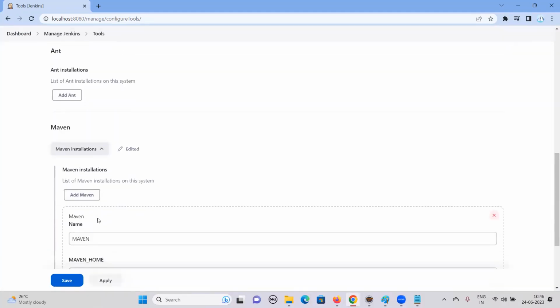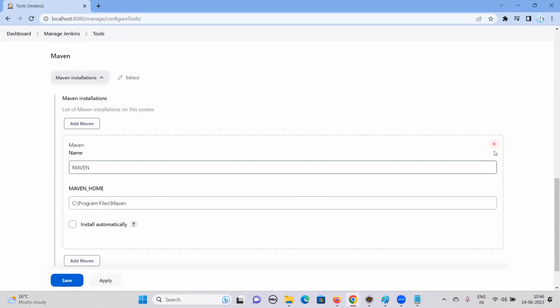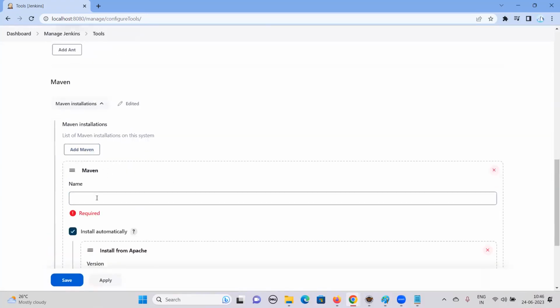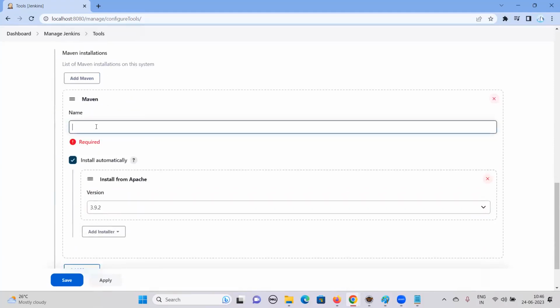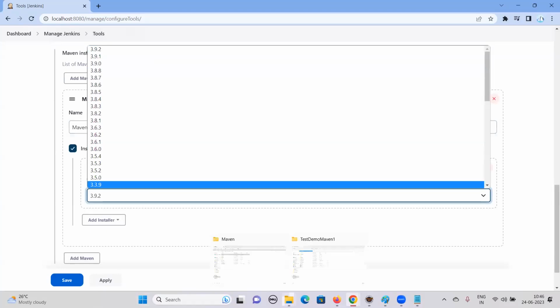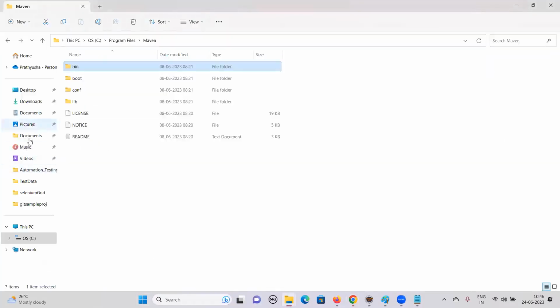And here we've taken Maven. So let me cancel it. Add Maven. Here I'm going to give Maven home, just the name of it, okay? Then after that I'll take the version. I'm taking 3.9.2. Let me check what version I have downloaded